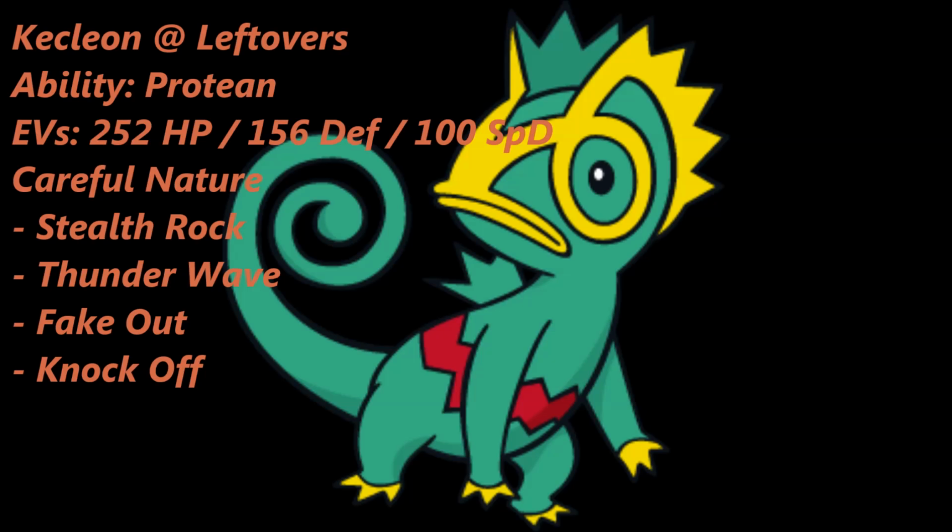The ability is going to be Protean, because what the hell is better than Protean? I mean, come on. Protean, it's free STAB on every single move. Free changing of the types. It's too good. As for the EV spread, 252 is going to go into its HP, 156 into its